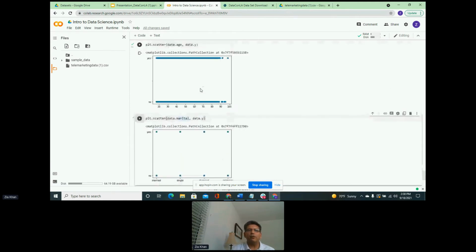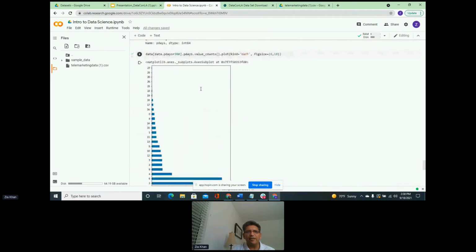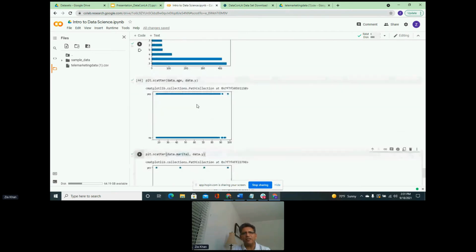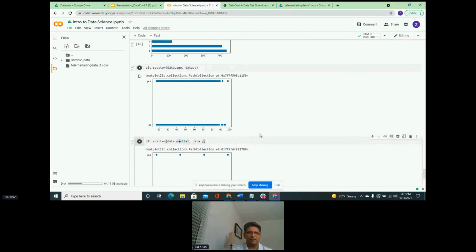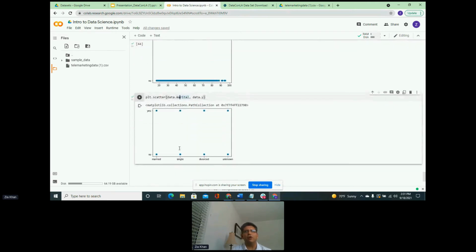You might have to approach it in this style, where you do some value counts and try to figure out the frequency of those, and see if that frequency somehow affects the result of yes or no for that variable.